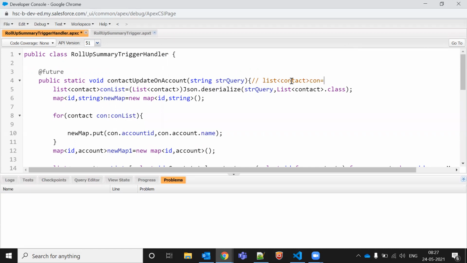A list of contacts is returning a list of all the records from the database, like select Id, LastName or something like this. Parallelly, what you have done here is an asynchronous operation. Asynchronous means once the resource is available, then it will work. Otherwise, if the resource is not available, it will wait in a queue. In the same way, a future method will also be in a queue if the resource is not available.